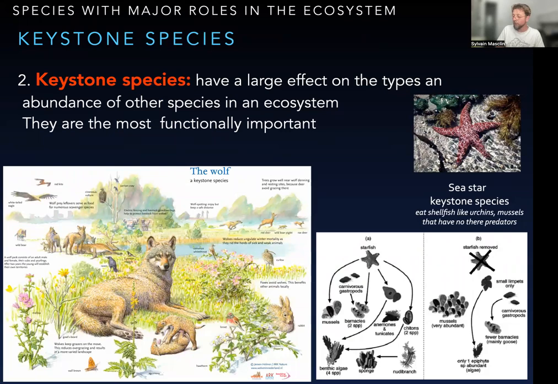In this case, for example, with the sea star or starfish, if you were removing it, all of the intermediate species would start growing more and more, and at this point they will consume the base of the food web, and the food web will just decline, kind of fall by itself. And the same with the wolf. By declining the population of the wolf, you will increase the population of the deer, and all of the plants will start decreasing in terms of quantity.